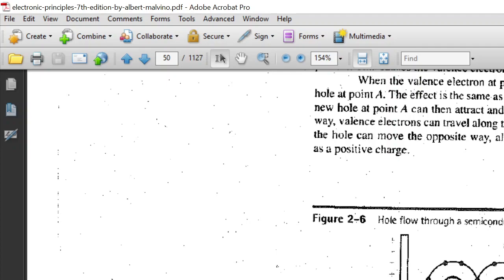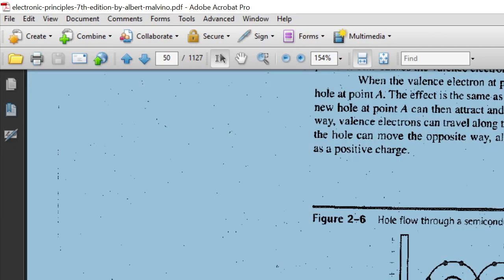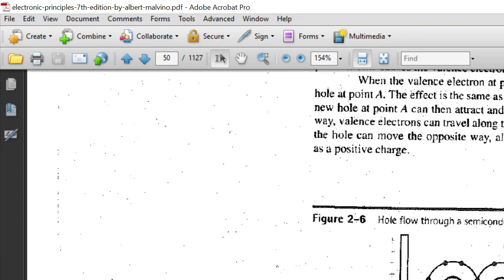So this electron can get dislodged and combine with this hole, and this place will become a hole now. Then this particular electron can get freed and come to this hole, and hence this will become a hole now. In this way, it looks as if the hole is moving from this position towards this position through the path A, B, C,